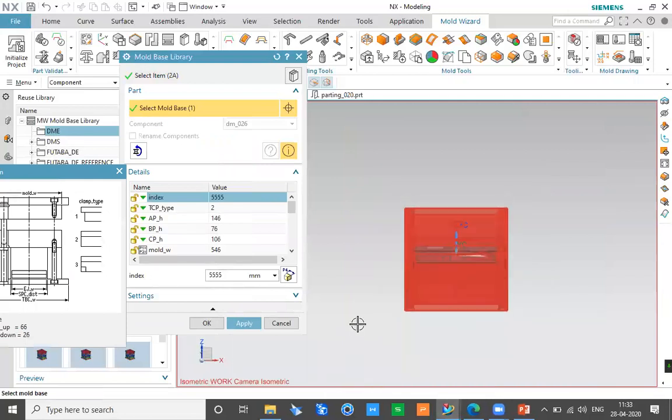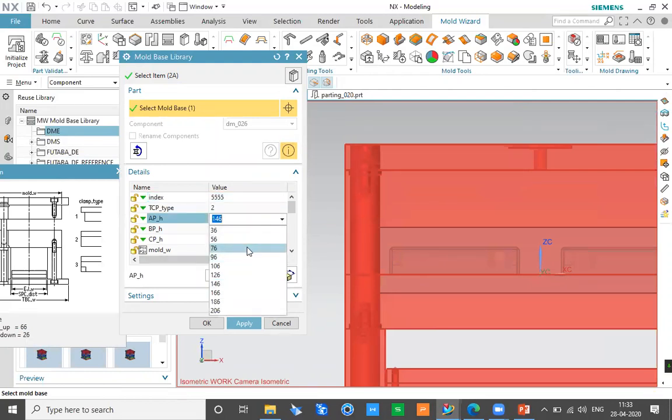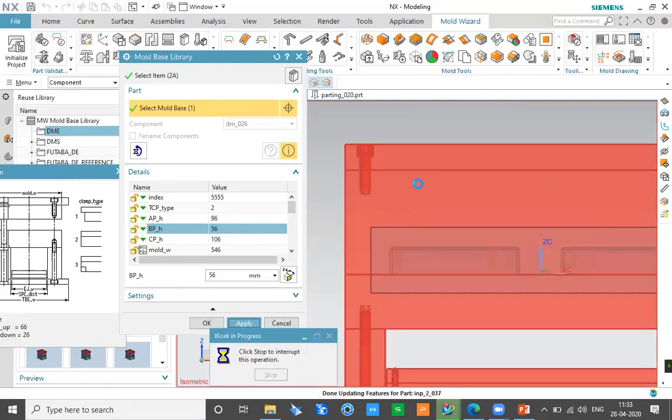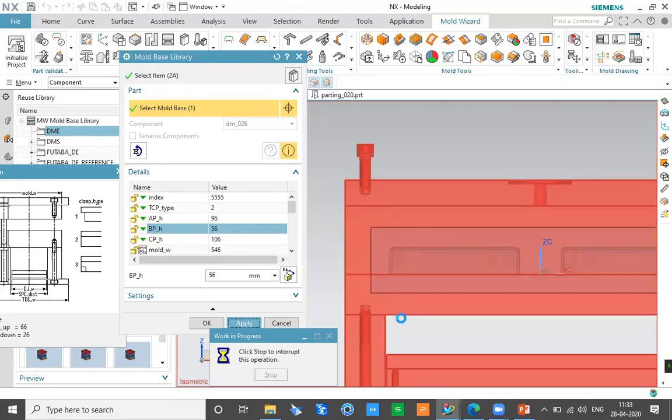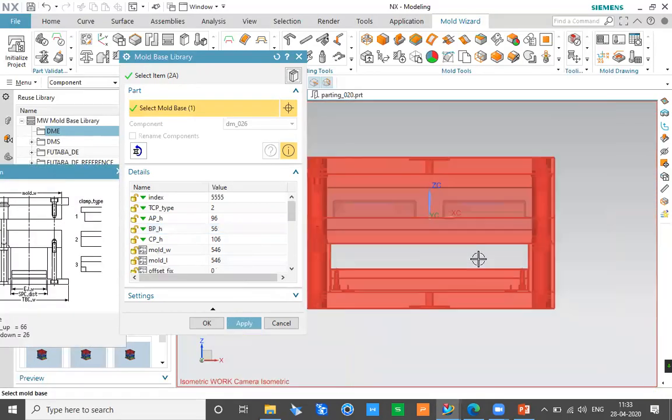For example, let's say I don't want my cavity plate and core plate to be this thick. So I can simply change the value. For my cavity plate, I know the height of my cavity is 66 mm, so I want the cavity plate to have 20 mm more than that so that I can insert some bolts from the other side. Similarly, my core plate should have a height of, let's say it was around 26 mm, so I want it to be 56 mm. I can decide that and click on apply, and the mold base will automatically adjust the height of the core plate and the cavity plate in order to accommodate this information. So now we have the new height for the core plate and the cavity plate.